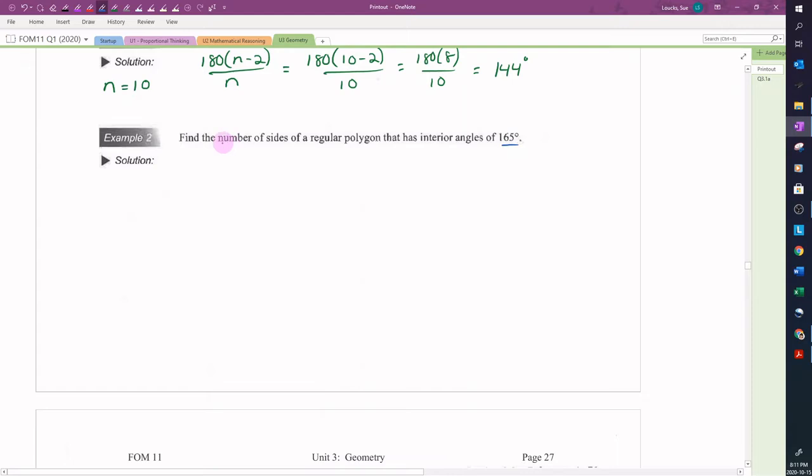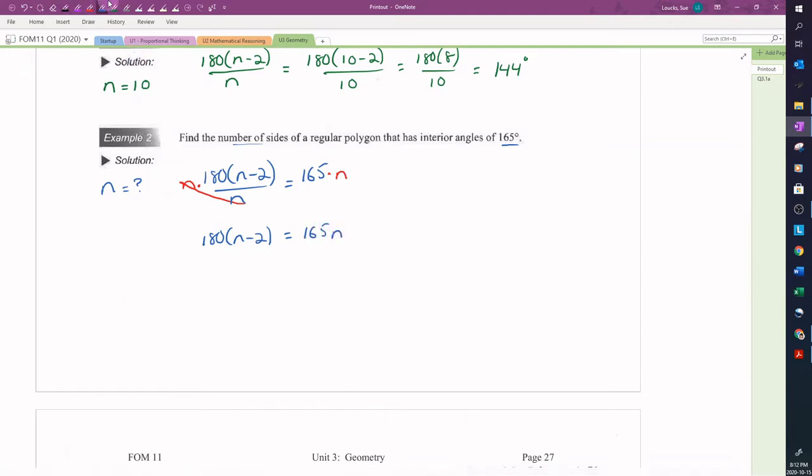And we're trying to find the number of sides. So we're looking for n this time. So our equation this time is going to be 180 times (n minus 2) divided by n equals 165. And now I need to use some algebra to solve this. So I'm going to multiply the left side by n and the right side by n. These n's on the left cancel out, so I get 180 times (n minus 2) equals